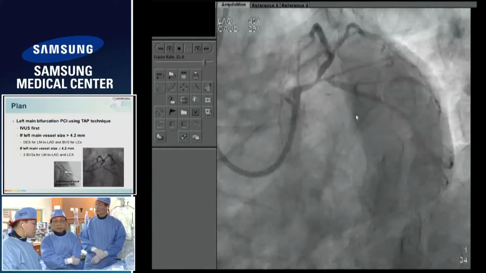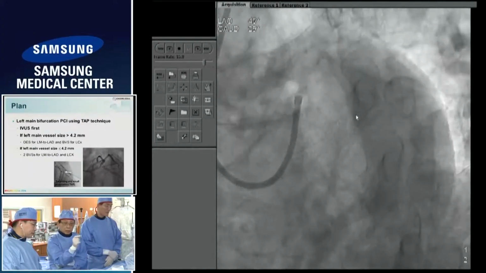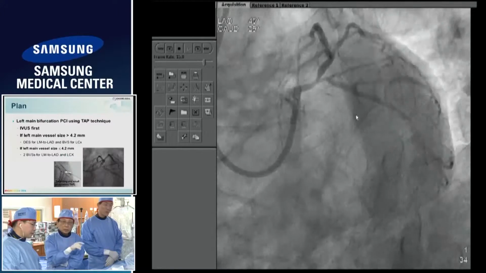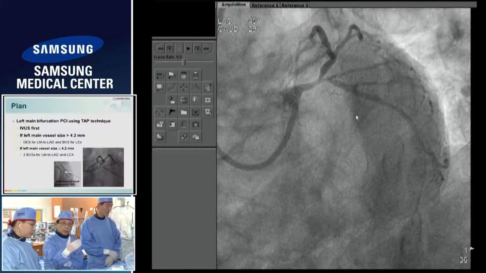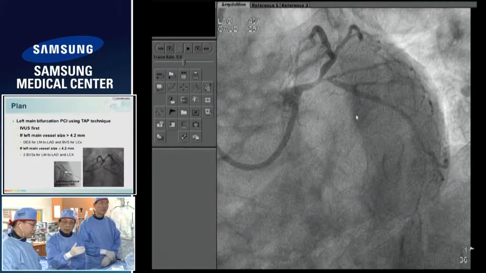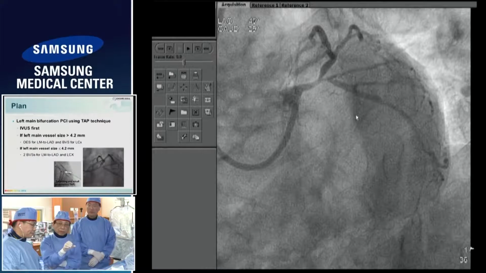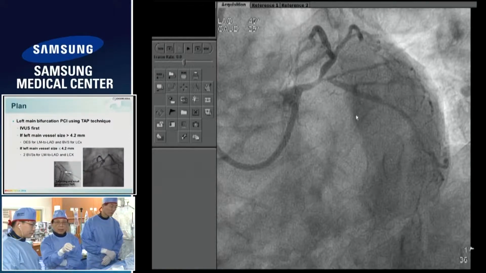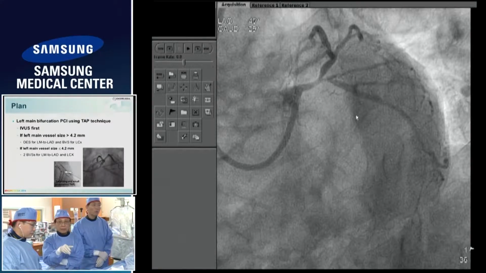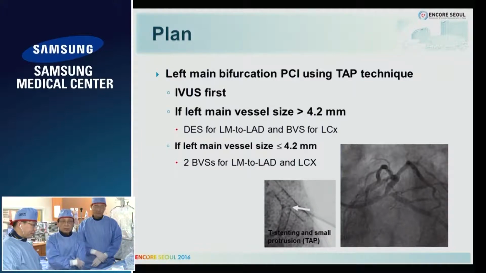The profile is 1.4, so we need to do pre-dilatation. And of course, very important also is to reintroduce the wire into the circumflex in the distal stent, not in the proximal stent, in the distal stent, in order to be able to cover the ostium. So the two-stent technique that we will be using is the TAP technique. After this, of course, we will do a kissing balloon dilatation to optimize the result, and we'll check this